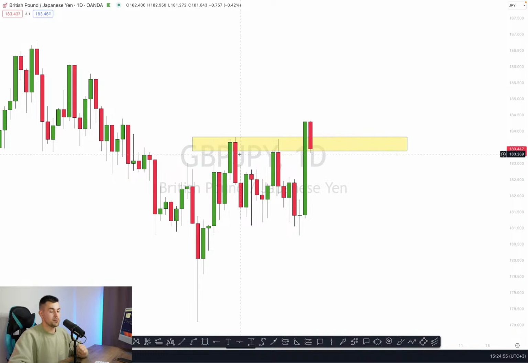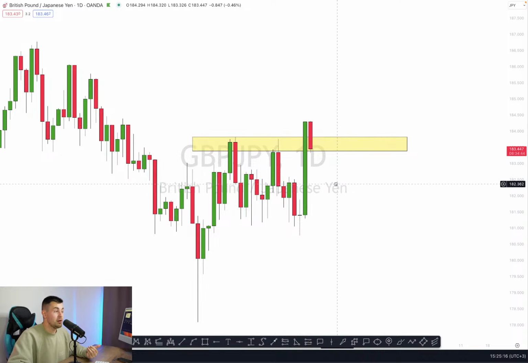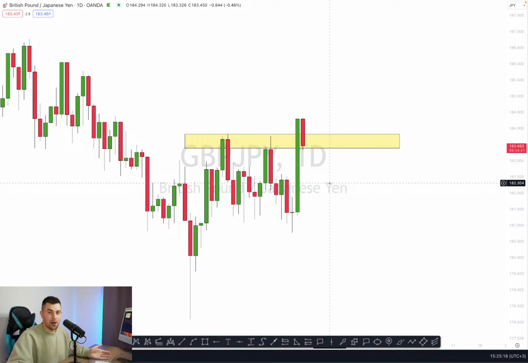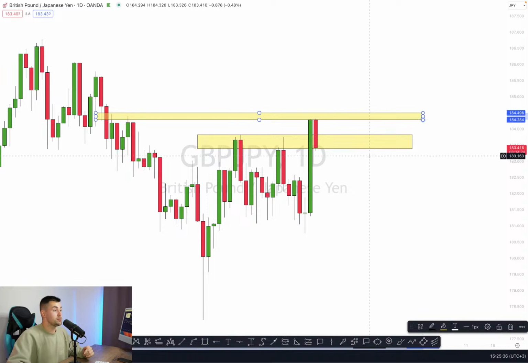Because traders, what I spotted on the pound yen pair on a daily, I spotted a breakout of that structure cluster. You can see that here we got a very strong resistance, and that resistance was broken with a huge bullish candle. Yeah, so we got the Bank of Japan interest rate decision yesterday. No surprise, they didn't change the rate, but for some reason the market reacted to that. I have no idea why, because if you track what the Japanese central bank has been doing for the last 2 years, it is all the same. So I have no idea why the market reacted this way, but we bounced, and the price reached that horizontal resistance.